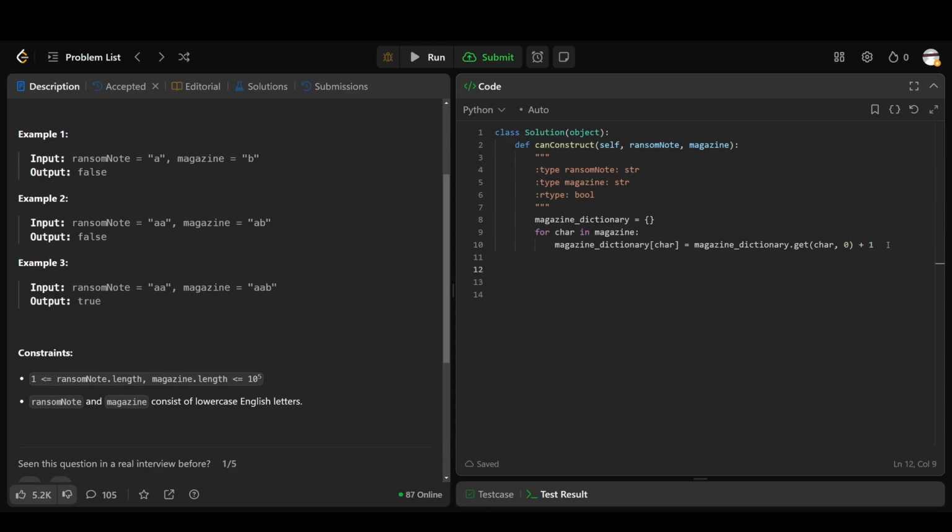Now we want to iterate through ransom note. And if the character is not in magazine dictionary, we just want to return false. Now if we haven't returned, that means it's in magazine dictionary, so we want to decrement it by 1. Magazine dictionary at char minus equals 1. And we also want to check if magazine dictionary at char is less than 0. And if it's less than 0, that means we've decremented a 0 frequency, which is not possible because that means